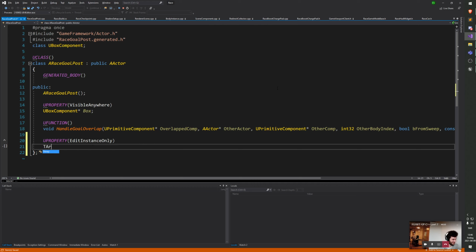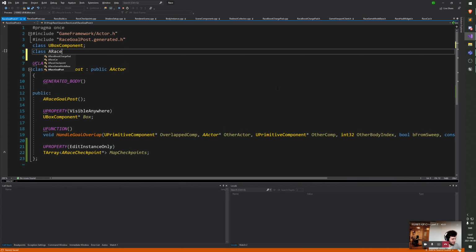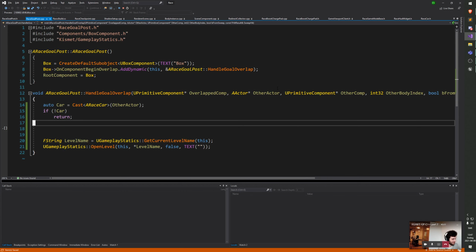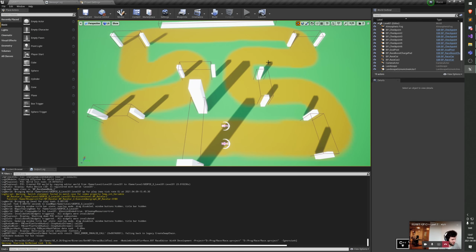We could make a TArray of checkpoints, map checkpoints. Could do that. Something like so. So now in the editor,